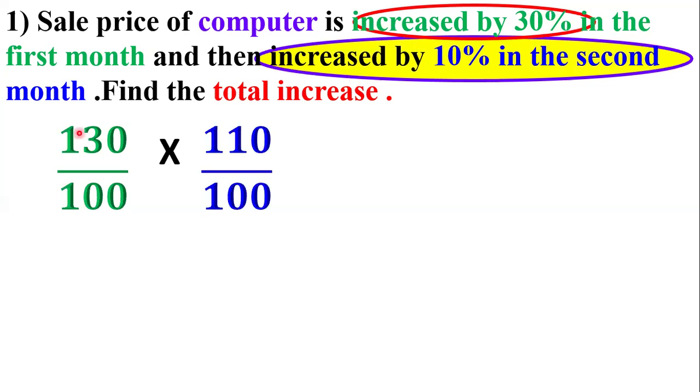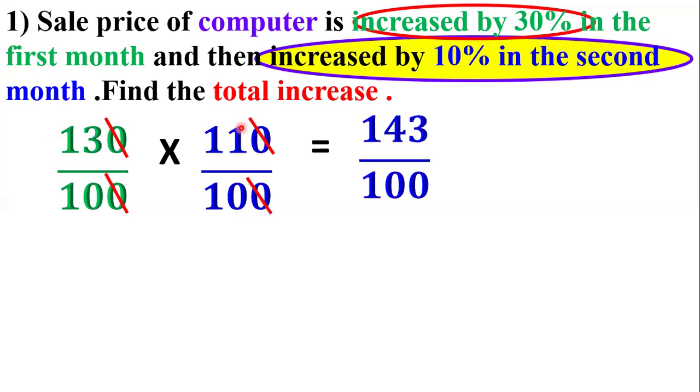Now, we converted this statement into an equation form. Now, it will be simpler to calculate the total percentage. Okay, so let's simplify. In the numerator, we have 10, and in the denominator 10, we can cancel it. Then multiply 13 by 11, it will be 143. Then 10 by 10 will be 100. Now over 100 means we can rewrite as a percentage,